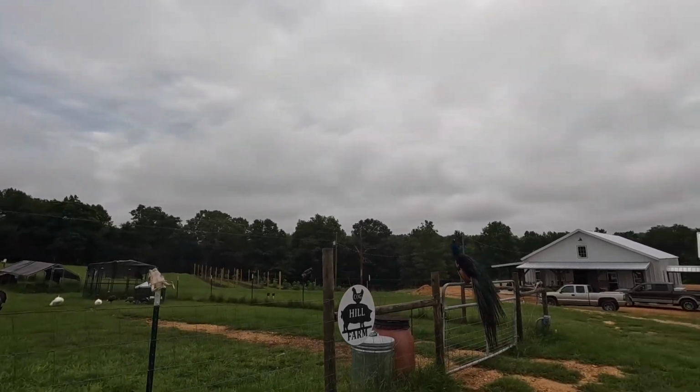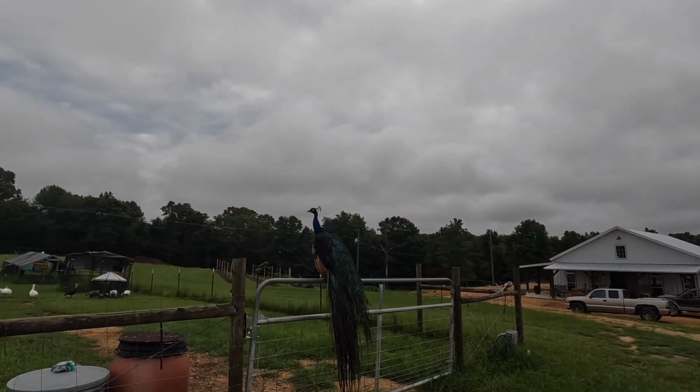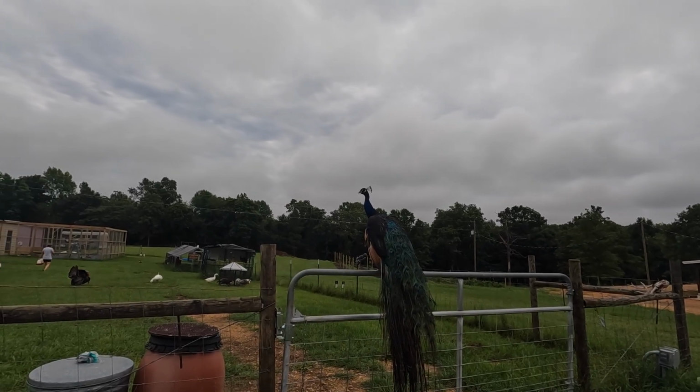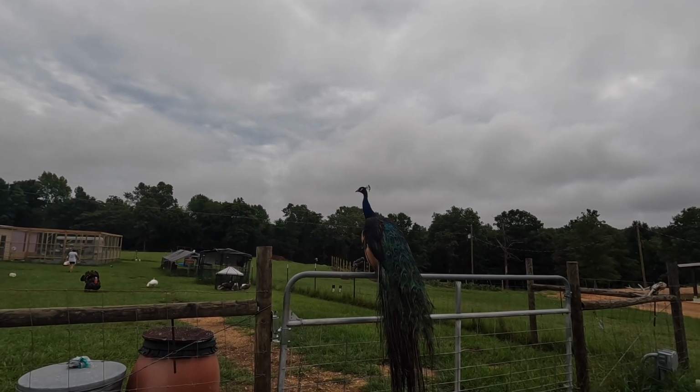Get his feathers fixed. Here's an animal that don't mind the rain. That is peacocks. Look at Scott's tail. He does not mind the rain at all. He didn't at our other farm. I mean, there's plenty of places for him to get out of the rain, but oh, Scott does not mind the rain